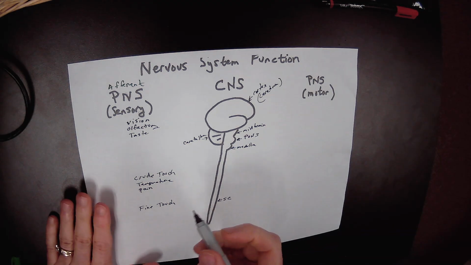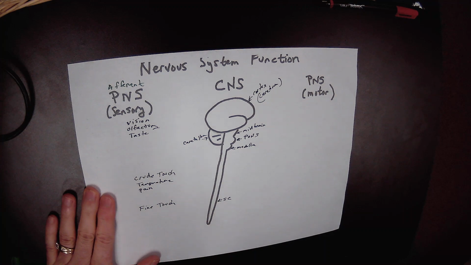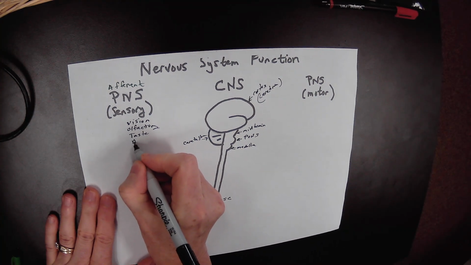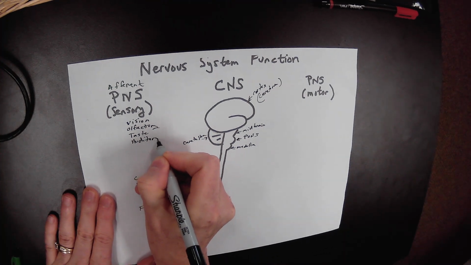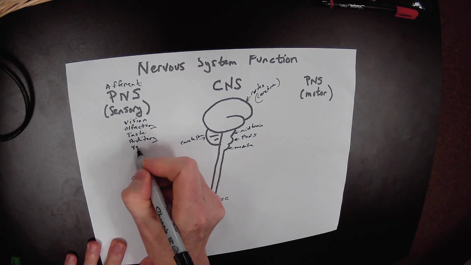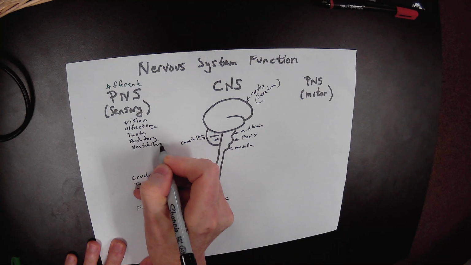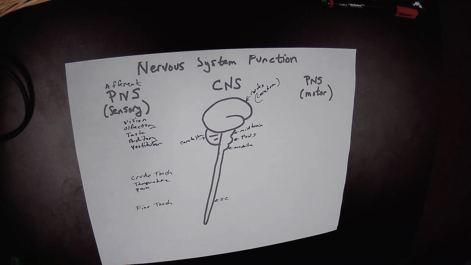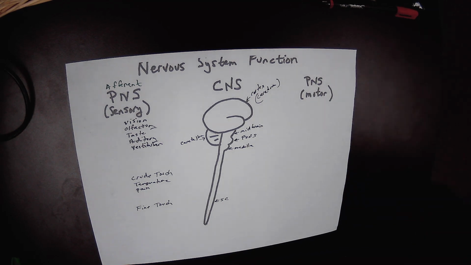Auditory, awesome. I think I heard somebody say hearing, right? Auditory? Vision, olfactory, taste, auditory. There's something that lives in your inner ear that helps with balance. Does anyone know what that is? Vestibular. Vestibular, perfect. There you go. Okay, so essentially vision, olfactory, taste, auditory, and vestibular, they're going to be what we consider our